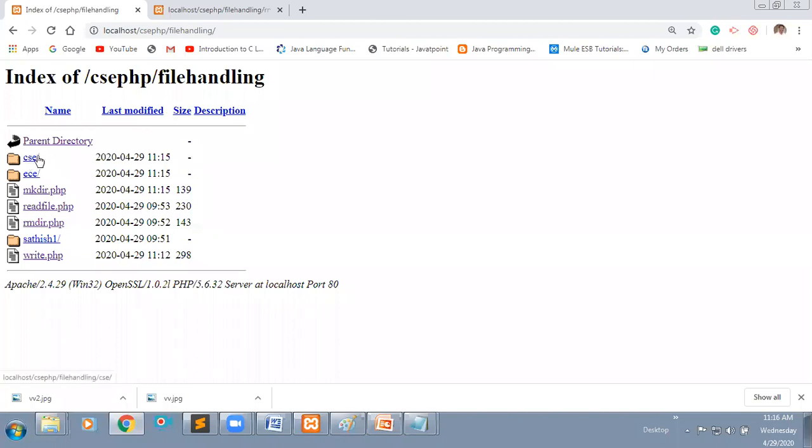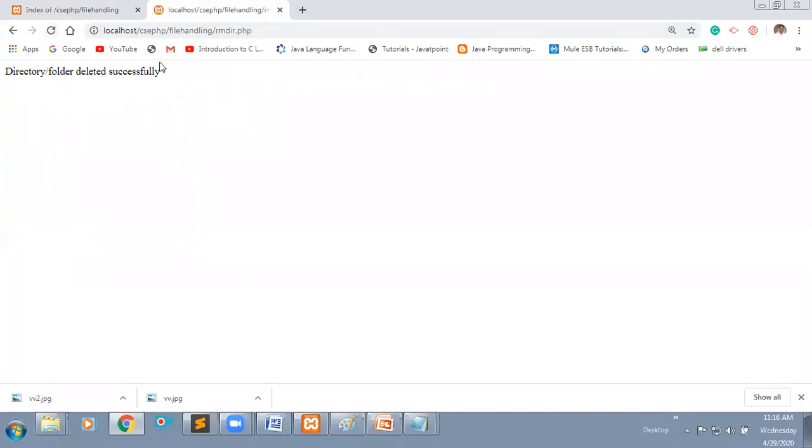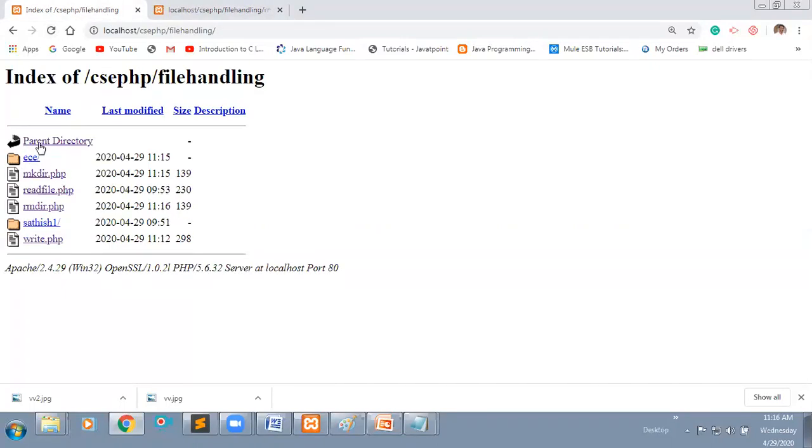I'm removing this folder from the current working directory. Just refresh this page. Directory or folder deleted successfully. Now if you refresh this page, CSC will be gone. In this way you can create one folder or delete one folder.